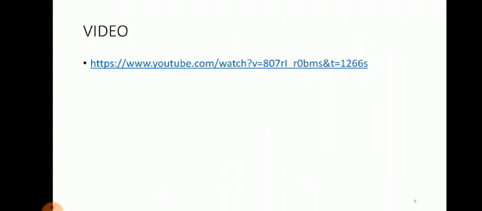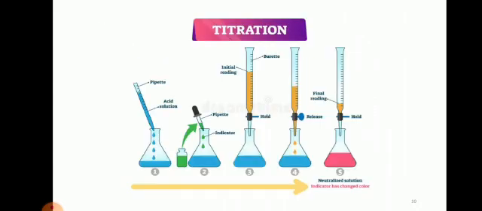We will see this chart. We will see the YouTube and see. This is called a burette. In the first one, we already taken a sample solution. Now we are adding 10 ml of acid. In this reaction KMnO4 is a self indicator, so we are not adding any external indicator.